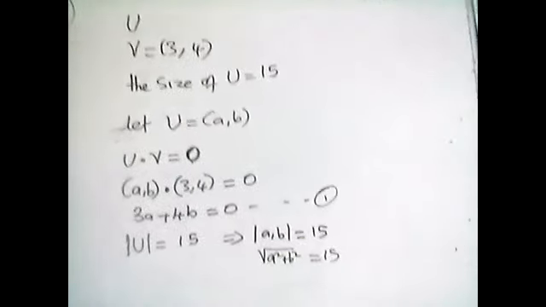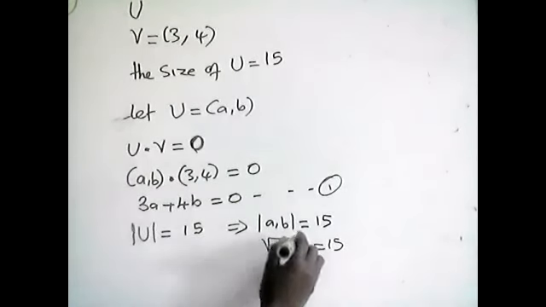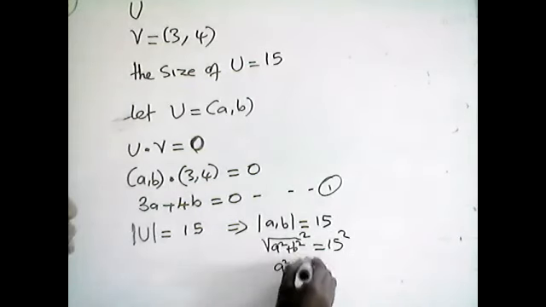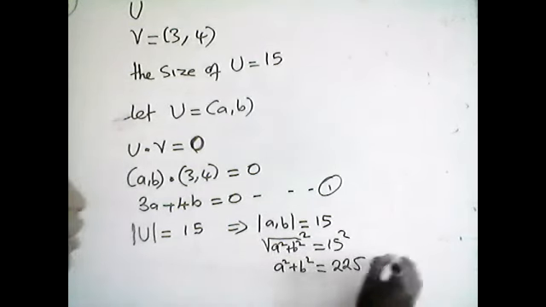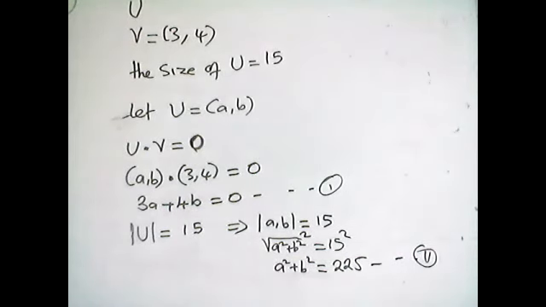Since that is the case, we can get rid of the square root by squaring both sides. So the root cancels, and we have a squared plus b squared equals 15 squared, which is 225. So that is our equation 2. So we have two equations, equation 1 and equation 2, and we have to solve those two equations simultaneously, because our question here is centered on finding the values of a